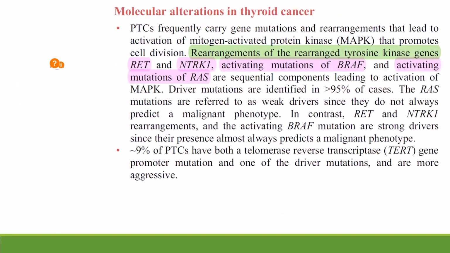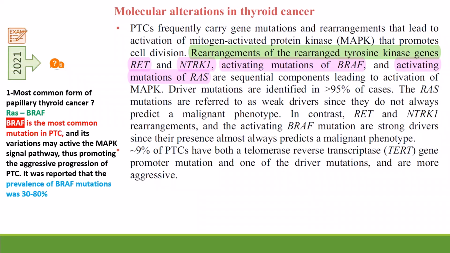Molecular alteration in thyroid cancer is important, and in some exams they ask which is the most representative molecular gene in some of the cancers. Rearrangement of the RET tyrosine kinase gene, activating mutation of the BRAF gene, and activating mutation of the RAS gene. And in the previous year's exam they asked about the most common